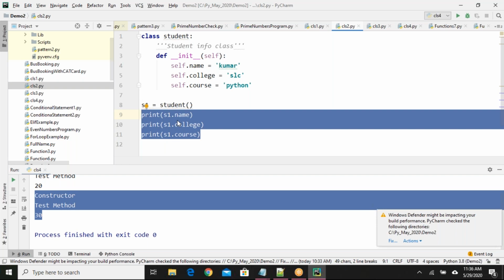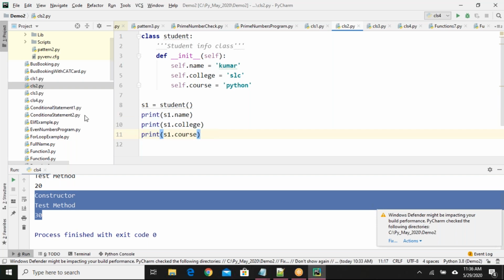I try to print here, not only for printing, for any kind of calculation related operations also, you can refer them like variables. Same like how you use the variables, you can refer the object related variables also. Okay. This is simple example for writing one constructor and initializing the variables and referring the variables. Okay. This is we have seen.